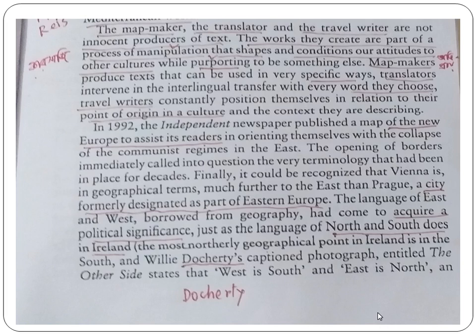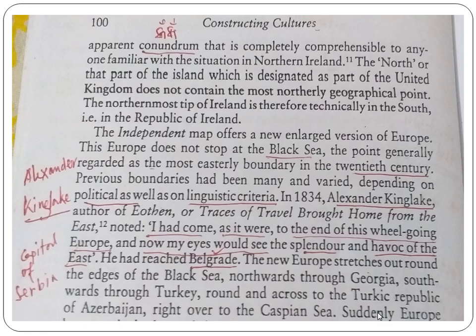আরও অন্য আঙ্গিক তৈরি হলো, যদিও কিনা আলাদা। But in case of comparative literature, map making, traveler's tale and translation are not the true producers of the text, and we have got that from the eye of comparative literature. So in Europe, and the new Europe assists the readers, so such kind of map making was reported in the Independent, okay, and also